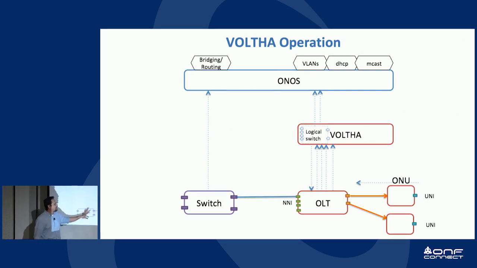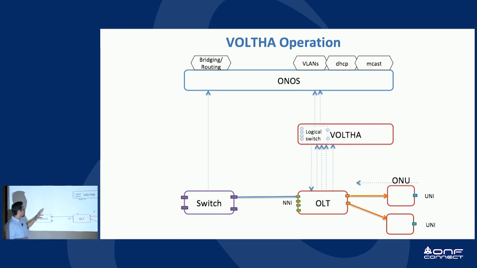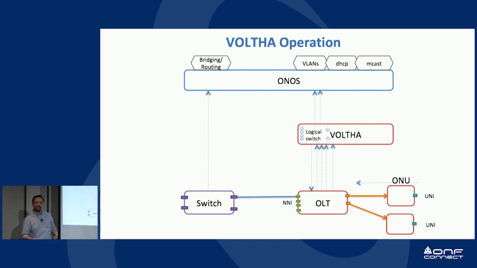So the idea is that VOLTHA presents an abstraction of the PON to the SDN controller, just like a switch would get presented to the SDN controller. So you can see that it is Ethernet in from the UNI side and Ethernet out, and that's exactly what this logical switch has. It's Ethernet in, Ethernet out, but in between there is a lot of optical-related distribution and other things that are related to the management of the PON. There's OMCI messaging going on between the OLT and the ONU. None of that is reported to the SDN controller.